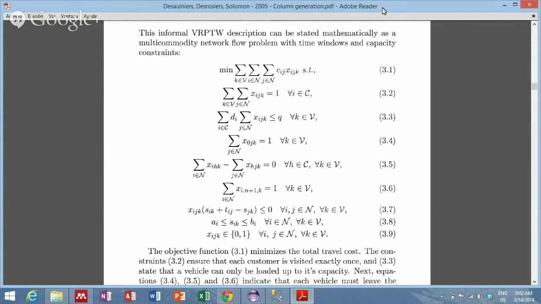So what column generation does is that it starts with a problem which we're going to be calling the master problem. A master problem which has only a subset of your variables. Only a subset of the variables. And so when you solve the linear relaxation,